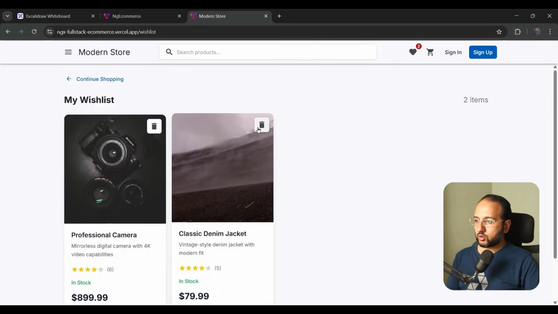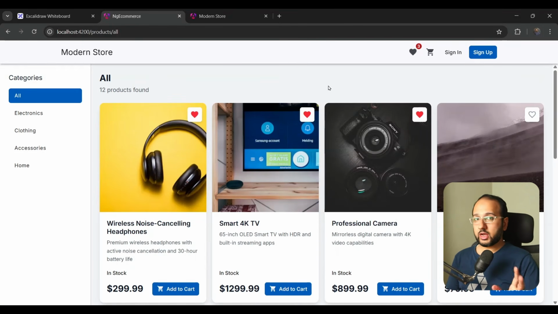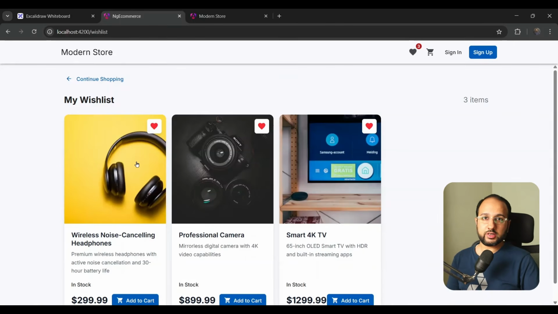But if you see the final output here, we have a delete button here in the card of the wishlist. But here we have this add to wishlist toggle button, which we only need on the main product grid. So how do we handle that? Well, it seems that we need a product card which allows for some customization or some flexibility in showing this icon here. So what we can do is we can take this icon button outside of our product card component, and we can project it from outside. So that way, on the products grid, we can send this to the product card using content projection, and on the wishlist page, we can actually send some other delete button, and we can add our functionality outside of that